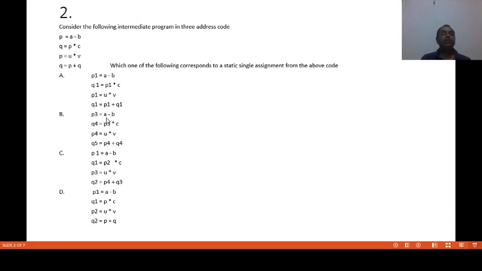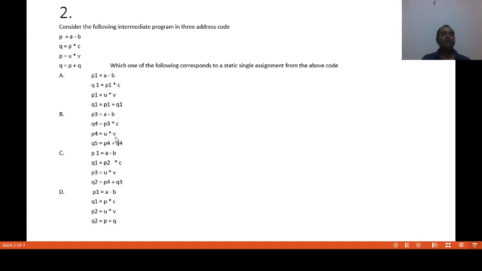Now, B. P3 assigned the value of A minus B. It is correct because P3 is different here. Q4 assigned the value of P3. P becomes P3. It is correct here. Into C. This is also correct. Now, P4 assigned the value of U into V. This is a different definition of P. So it becomes P4.